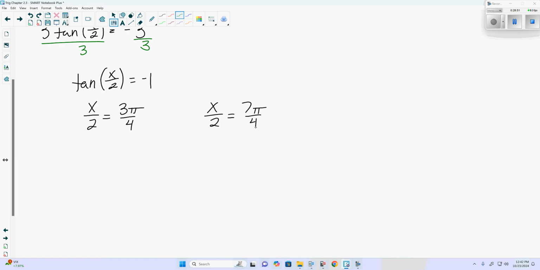Now, unfortunately, it did not give us a restriction between 0 and 2 pi, so we have to add tangent's period to it. For tangent, its period is pi, so we're going to add pi in to both sides. Questions on this here? Now we need to get x by itself, and we can do that by